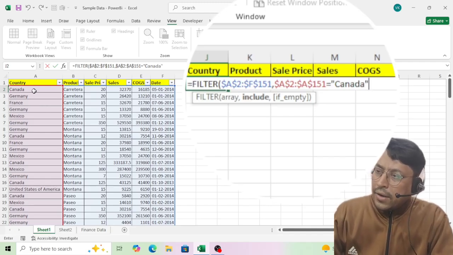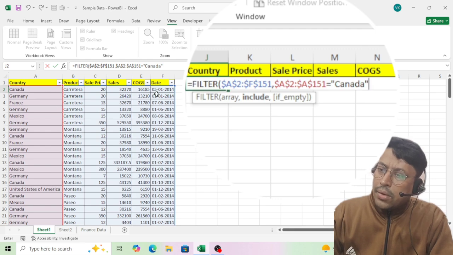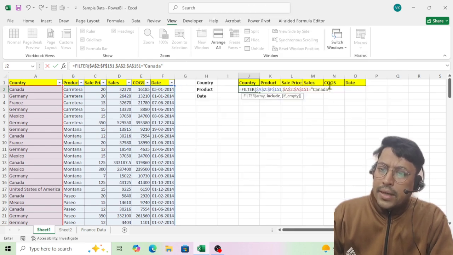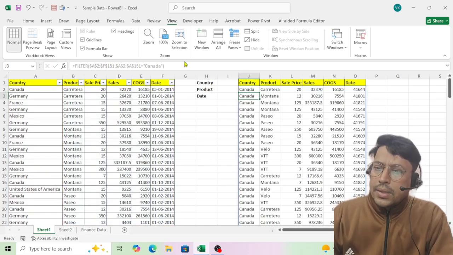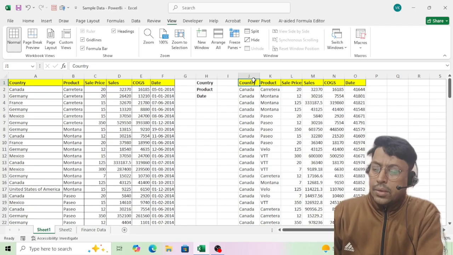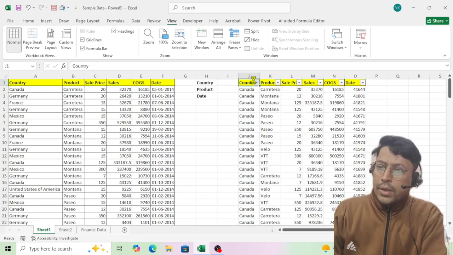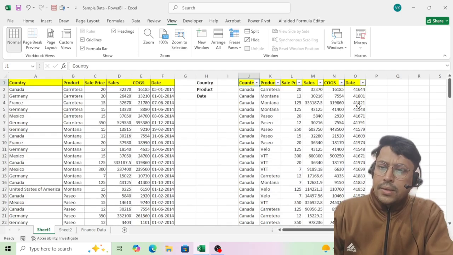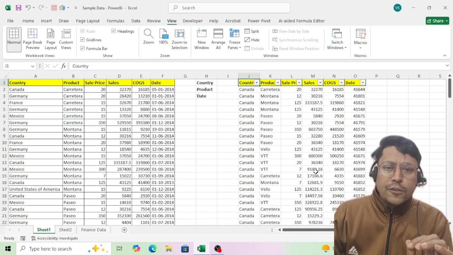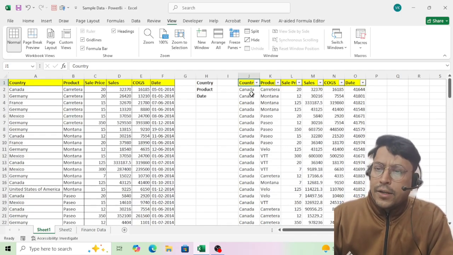Wherever the country is Canada, the entire row level information will be extracted and reflected here. Then I will close the bracket. You can see all the Canada country information is appearing here.